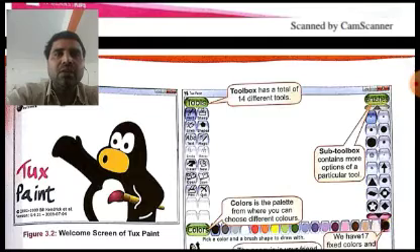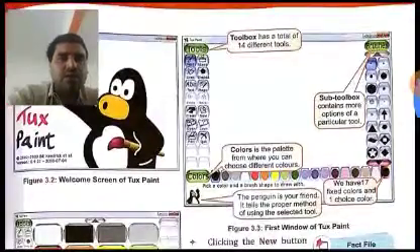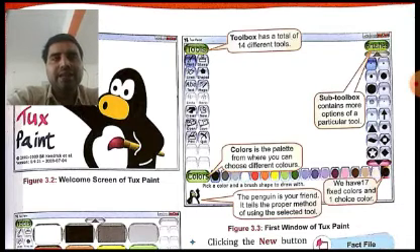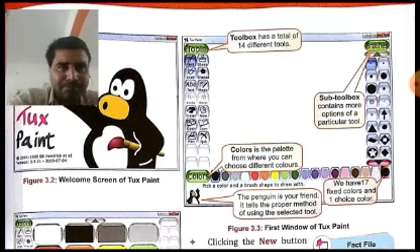This figure is the naughty penguin, which is the mascot. This is the drawing mascot of Tux Paint. So this next figure is the first window of Tux Paint. Here at the left hand side, it is showing the bar. It is showing all the toolbox. The toolbox has different tools here.